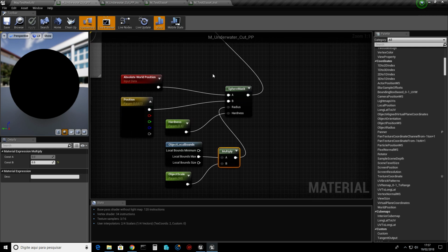I strongly suggest that if you have a box or a sphere to mask like this, it is okay to use sphere mask or box mask. But then you might have a complex shape that you want to mask. Well, for this you need distance fields. So distance fields you have to enable in the project, and here you have the function